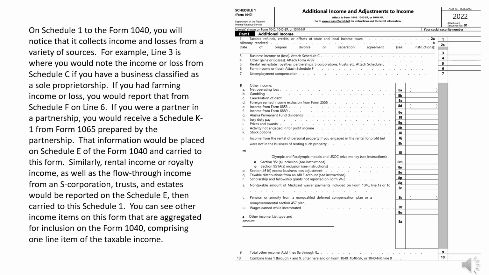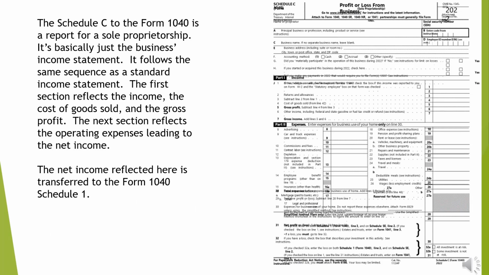At the end of the day, though, you total up all of these various sources of income, and on line 10, that's the aggregate of all the income, and you report that line 10 on your 1040. It carries over to line 8. Reflecting back on the Schedule C to the 1040 that carries over to Schedule 1, this is the form that